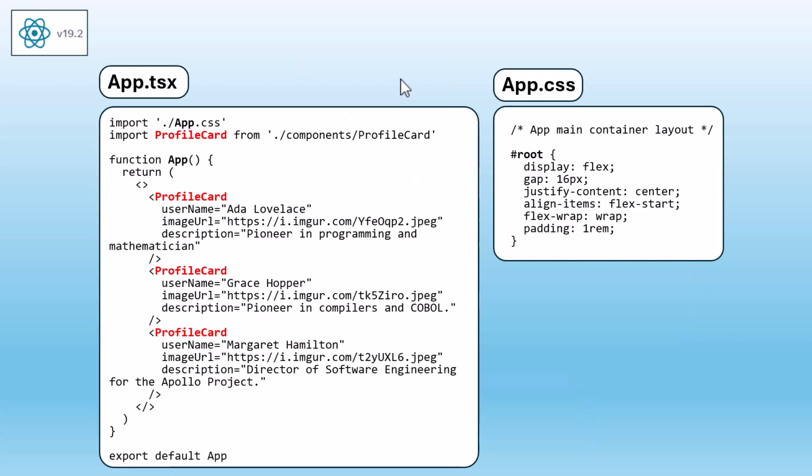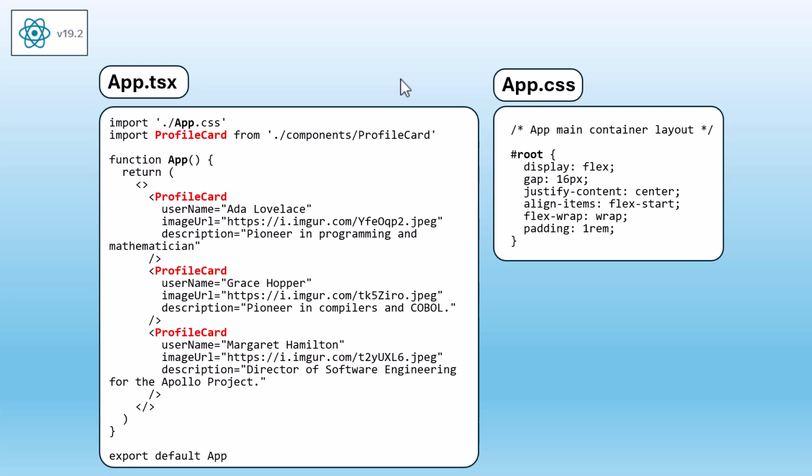This code shows how our main React application displays a collection of profile cards. In app.tsx, we first import the application's CSS file and the profile card component. Inside the app function, we return a list of profile card components, each one representing a historical figure in computing: Ada Lovelace, Grace Hopper, and Margaret Hamilton. We pass 3 props to each card: username, image URL, and description, allowing the profile card to display different content